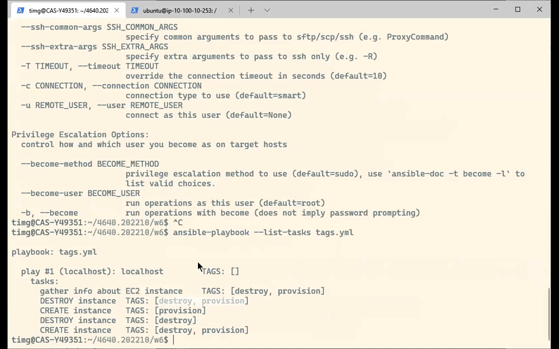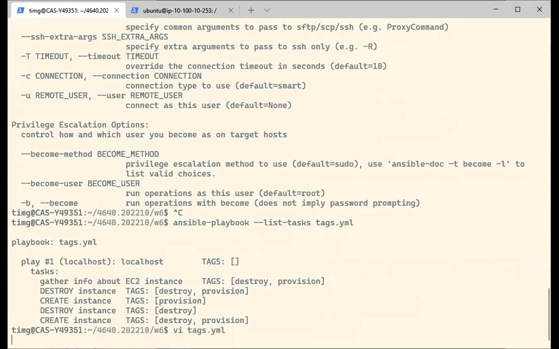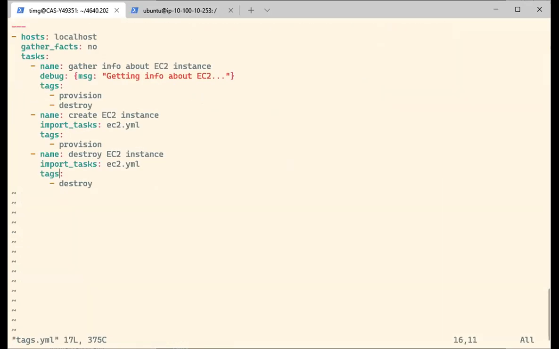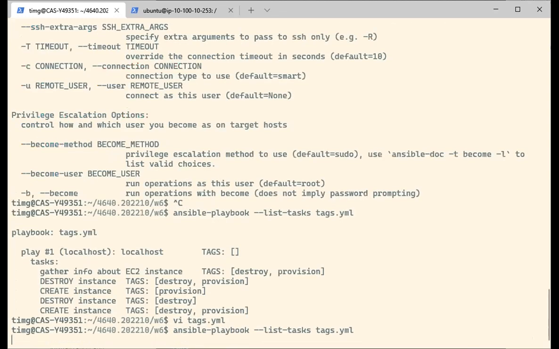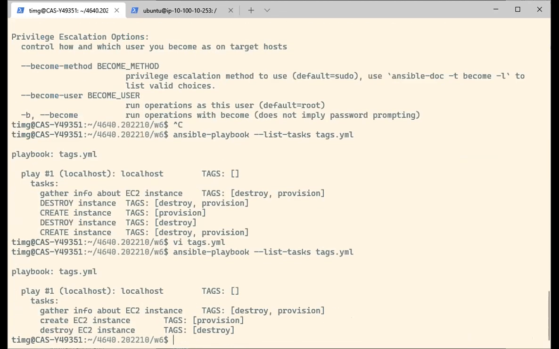It's the same with when. When will behave differently whether you use import or include. So now if I edit my playbook again, and now I'm using include instead of import, and I look at my tasks,